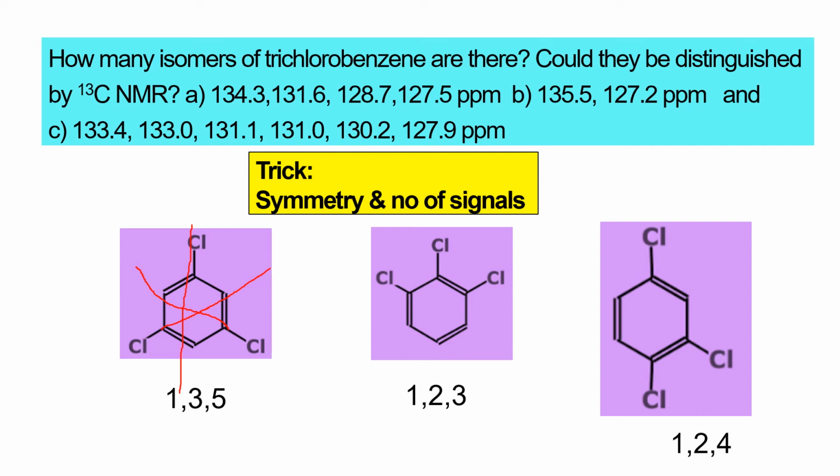Okay, and for this 1, 2, 3, check for this one. Here there is symmetry. Here one symmetry is there. Okay, here one symmetry is there. And you check this and this. This is actually symmetric for this compound. Okay, so is it possible to draw a symmetry like this? No. If you draw like this, is it possible? No. This is not symmetry for this. Okay, only this is symmetry. If this is not symmetry, it means you need to count this also as one of the carbon atoms: 1, 2, 3, 4. So how many signals will you get? 4 signals. Where the 4 signals, 1, 2, 3, 4, this comes for this.